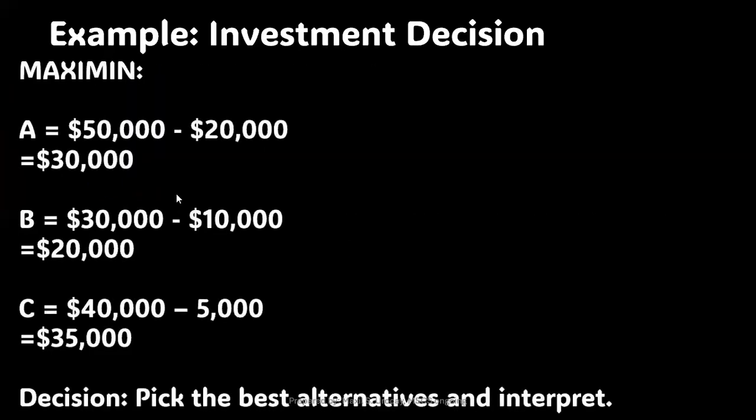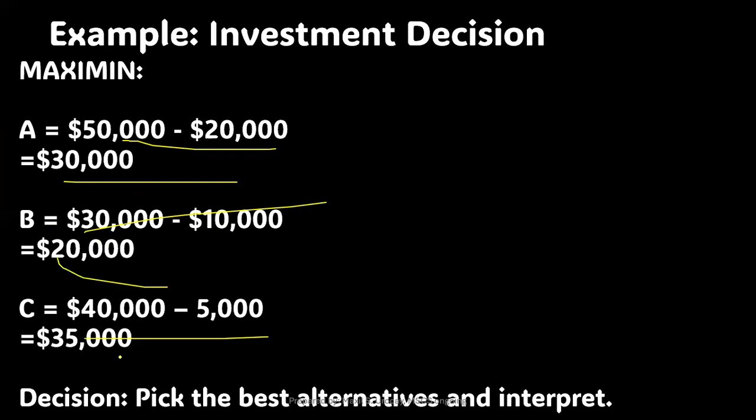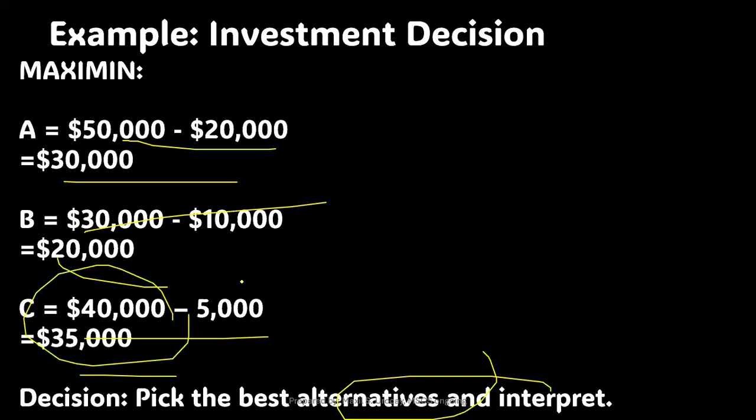And we will identify the maximum: 50,000 minus 20,000 is 30,000, 30,000 minus 10,000 becomes 20,000, 40,000 minus 5,000 becomes 35,000. So pick the best alternative afterwards. It will be for maximizing the minimum payoff for this one. So you could really choose the 35,000 right now since that has the highest